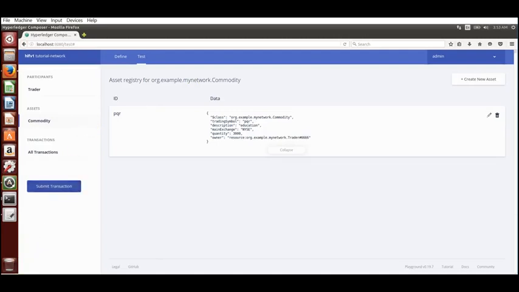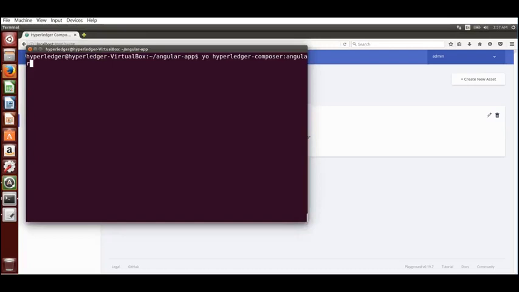I'm going to stop here, and let's go back to do the last part of the demo, where an Angular app can be created as a web app to transact with or view the blockchain itself. In order to create the Angular app, once again we're going to use the Yeoman scaffolding tool and Hyperledger Composer Angular as a generator, as you can see on the screen here. Yeoman Hyperledger Composer Angular is the project type, and I'm going to hit return, and it'll ask you a few questions, and you can take the default answers.